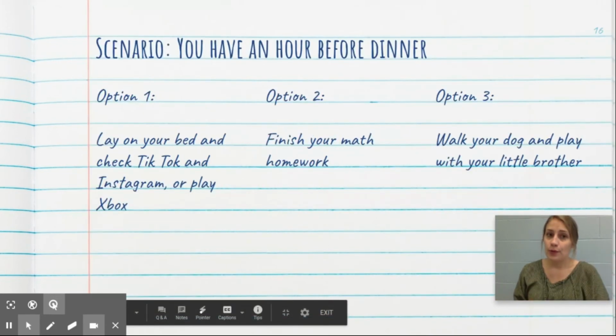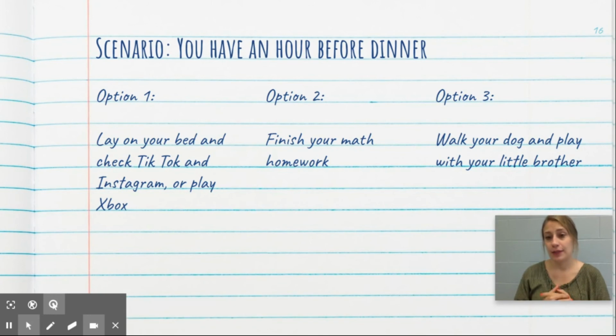Scenario number 2, you have an hour before dinner. Option 1, you lay on your bed and check TikTok and Instagram or play Xbox. Option 2, you finish your math homework. Or option 3, you walk your dog and play with your little brother. So each option that you have